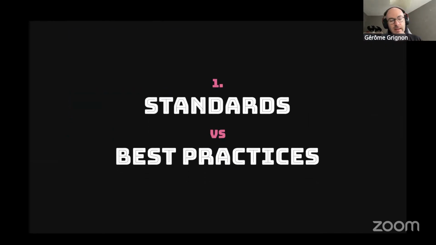And so about the topics, the first one is standards versus best practices. That's where a lot of people were struggling to understand the boundaries of the style guide, what can be inside and what has to be somewhere else. Because a style guide is about helping you, it's about guidance, it's about convention, but it's not about best practices. So what is the boundary? The boundary is that the style guide is really about styling choices. It's really about decisions that you can make which don't affect the performance of your application,